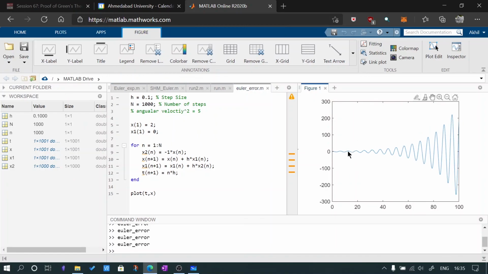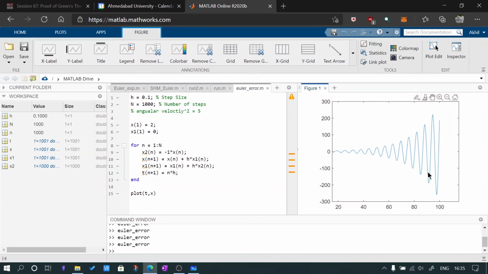you may see this graph, and this is definitely not what you may have expected, because most of you may have seen how an SHM graph looks. Especially the displacement time graph looks a bit of a wave function with the same amplitude. But in this scenario, the amplitude is increasing. So this is a very interesting outcome, and I have a reasonable explanation to give you as to why this occurs. But first, we should see how the real SHM looks.